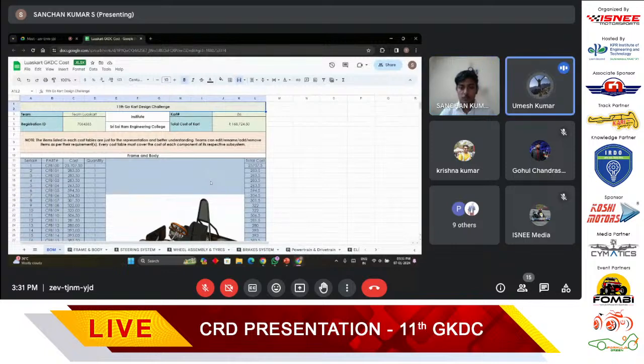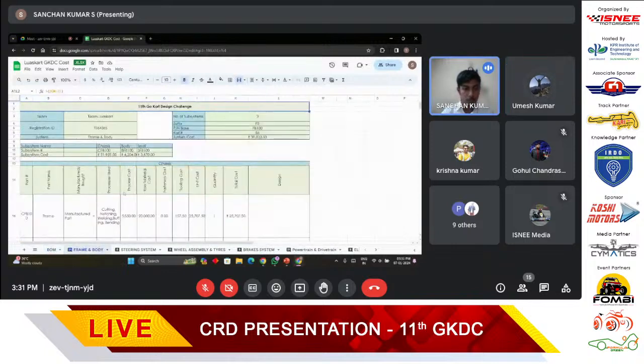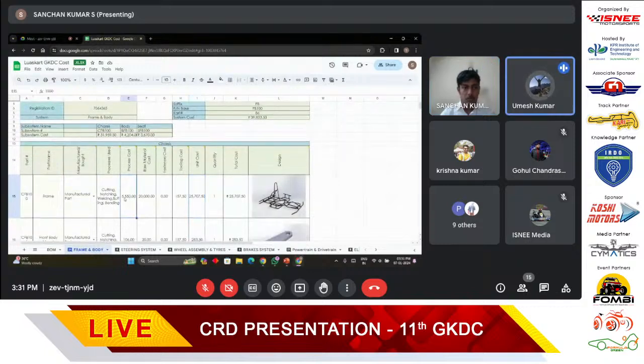Okay, go to frame and body. Explain all the costs associated with this part number CFB 100. That is